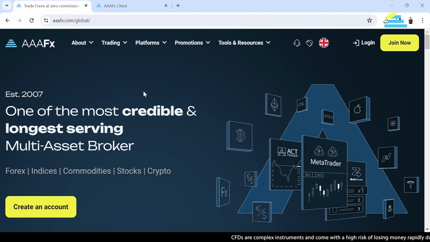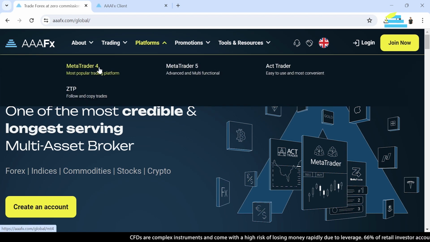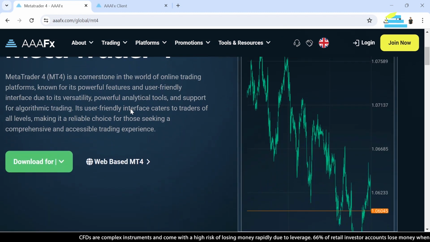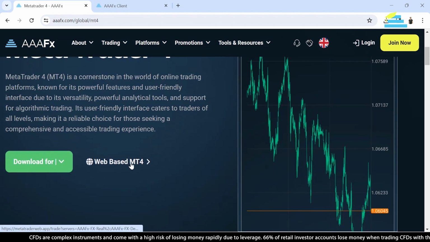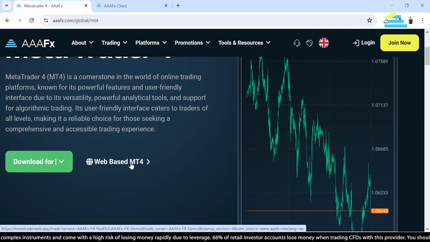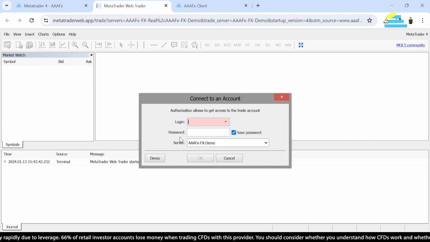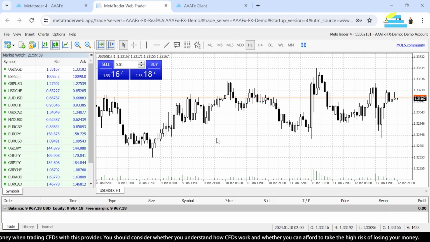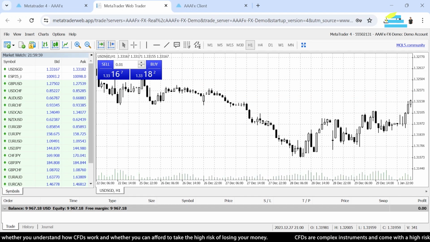So when we're on AAAAFx.com, if we go to platforms at the top here and click on MT 4, scroll down and go to web-based MT4. That's the Webtrader MT 4 platform. Okay, so if we click on that, obviously log in to your account, so we're just going to quickly do this. So we're logged into the Webtrader MT 4 terminal, and it's very similar in the way it works to the